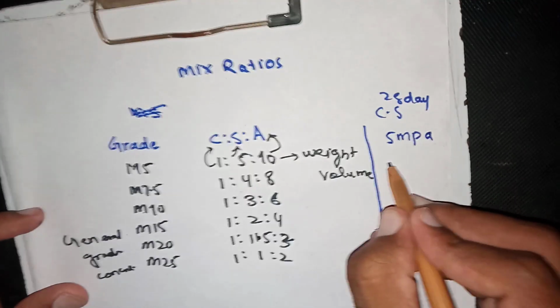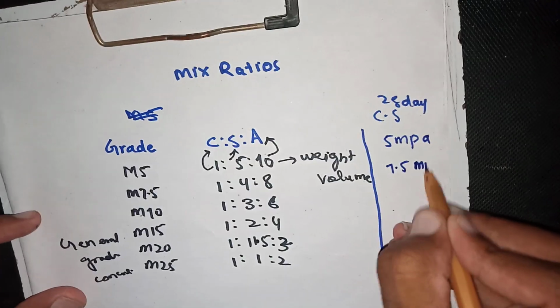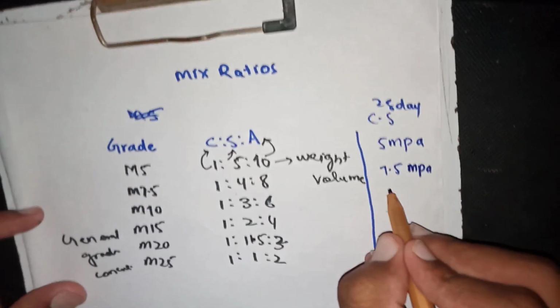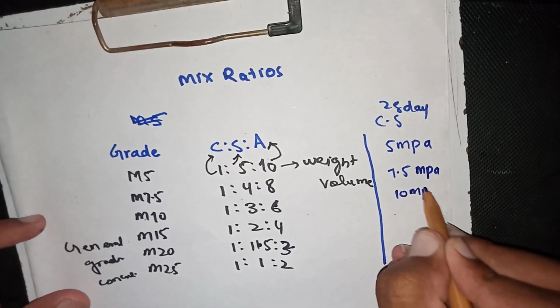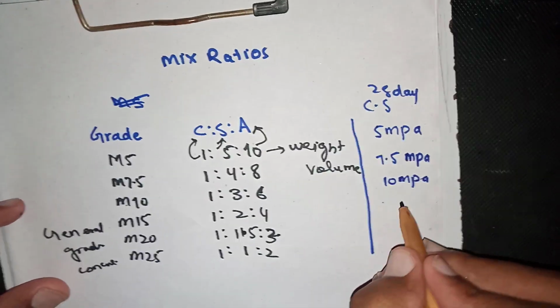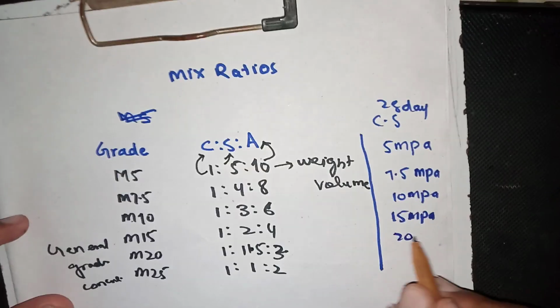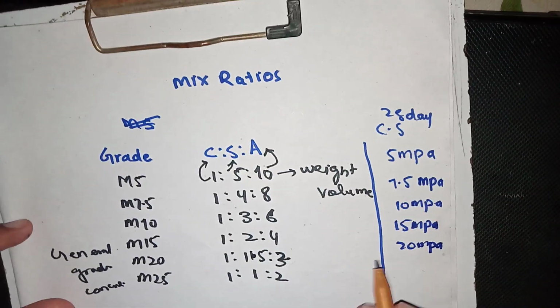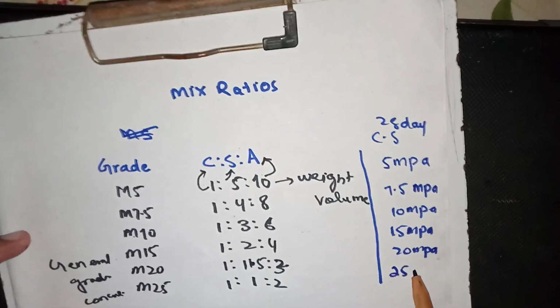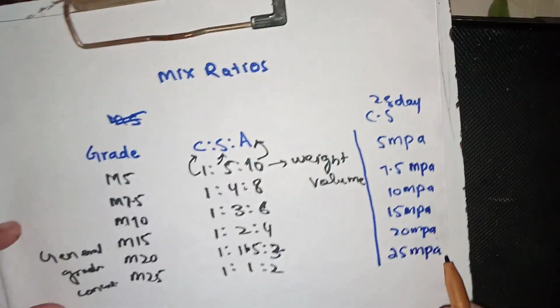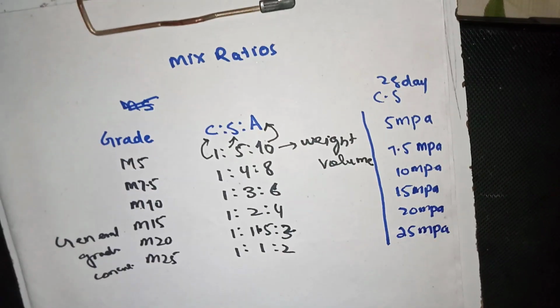For M7.5 it is 7.5 megapascal. For M10 it is 10 megapascal. For M15 it is 15 megapascal. For M20 it is 20 megapascal. For M25 it is 25 megapascal. So